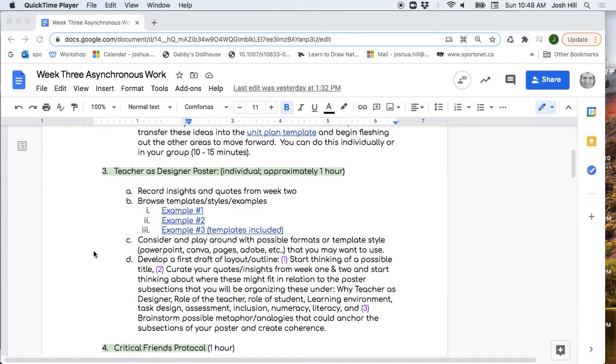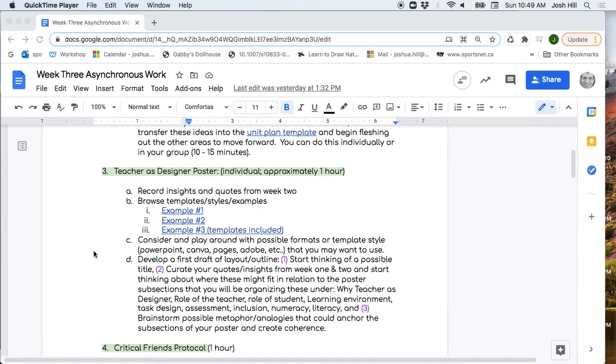So it's not necessarily role of student, that could be a huge thing, defining this role of student more generally, but it's specifically within this frame of how you're viewing this concept of teacher as designer. What is the role of student? So it may help you to draw on the notes that you've been collecting over the previous weeks and start to think about how you might think about them in these headings.